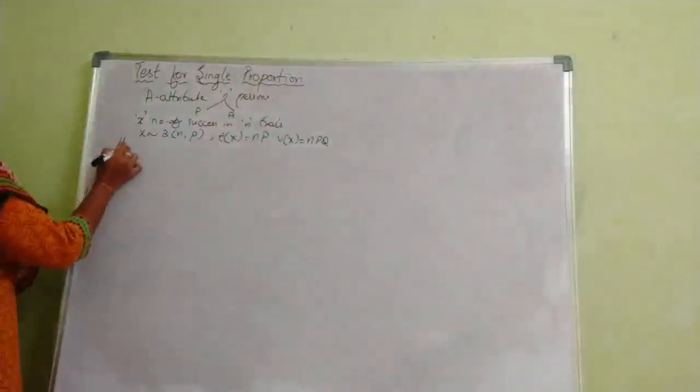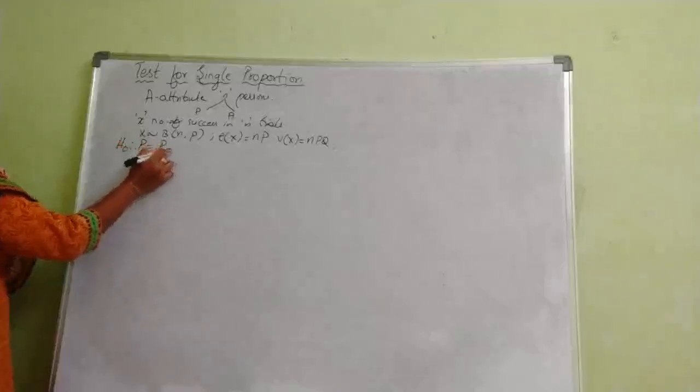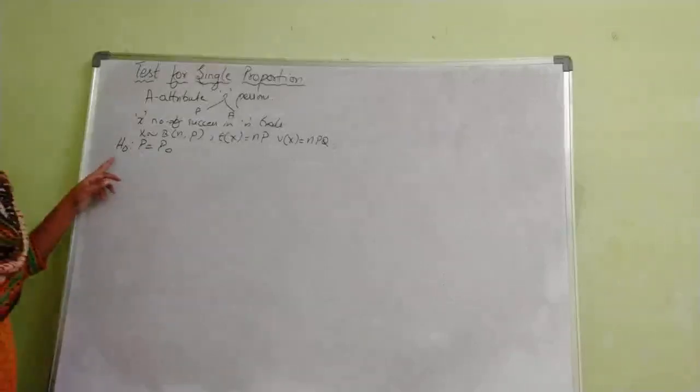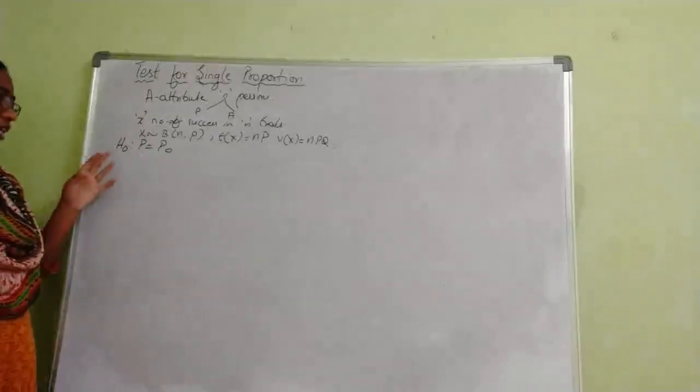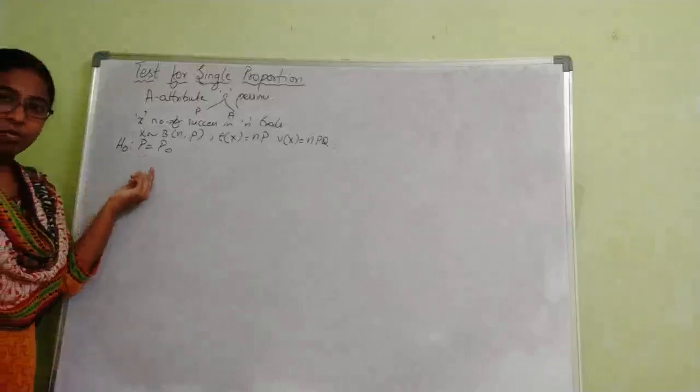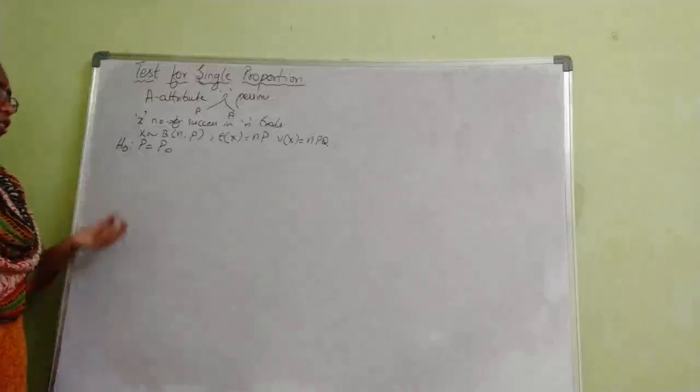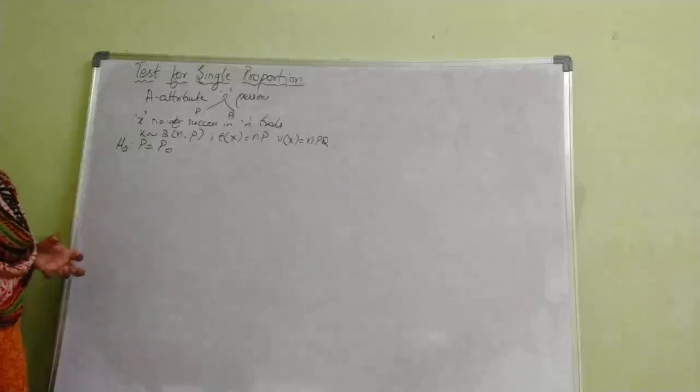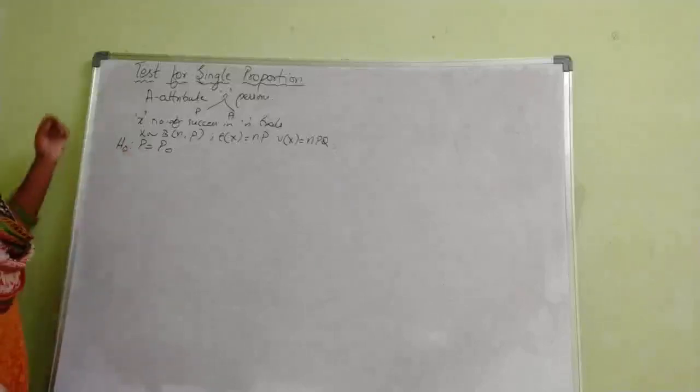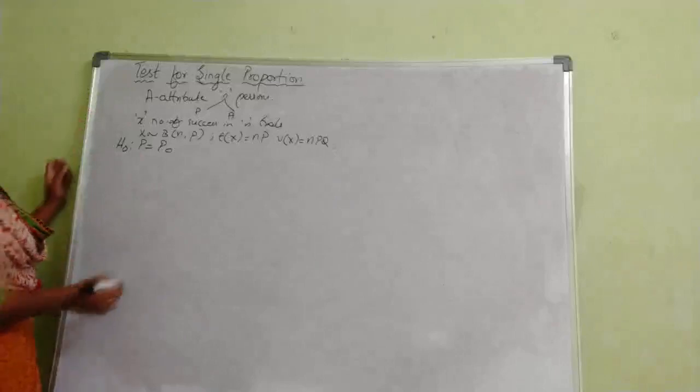And we have defined our null hypothesis H0 as p equals p0, some specified value, that means the sample proportion is coming from the population proportion. So we are writing that the sample is coming from the population. In the null hypothesis we write there is no difference, right? No difference between the sample proportion and the population proportion. This we denote as p equals p naught.